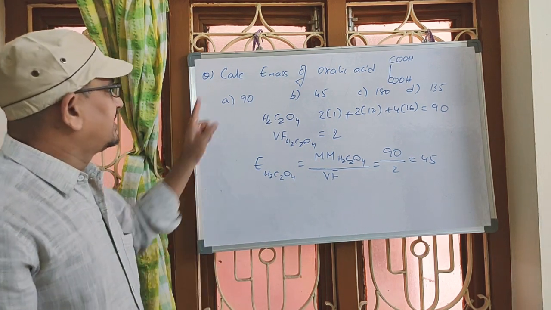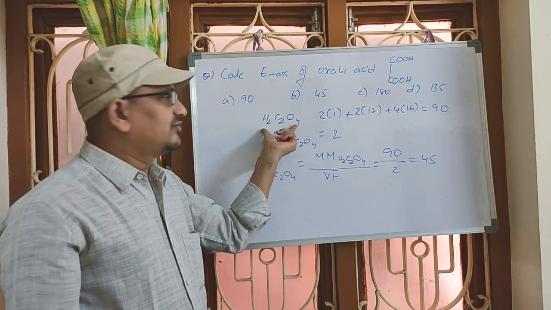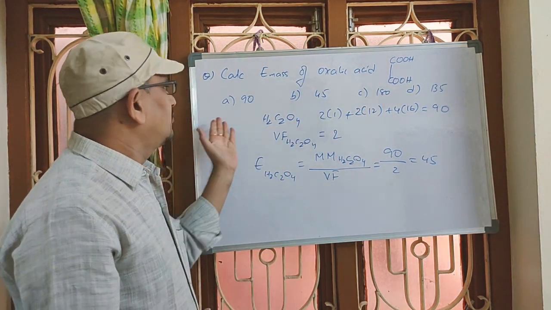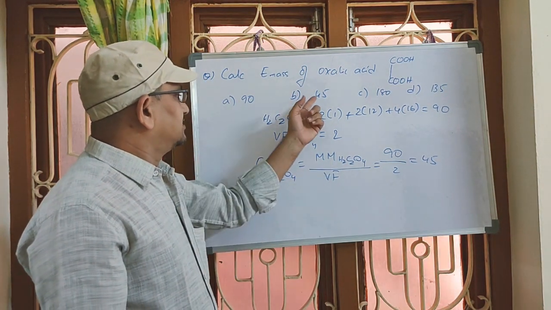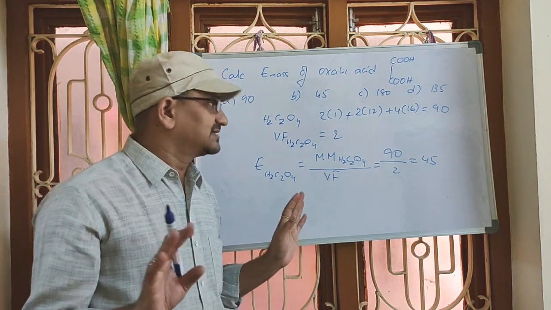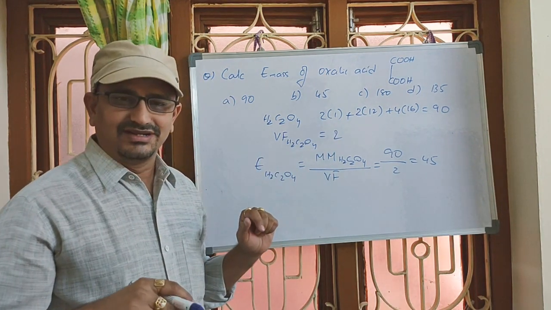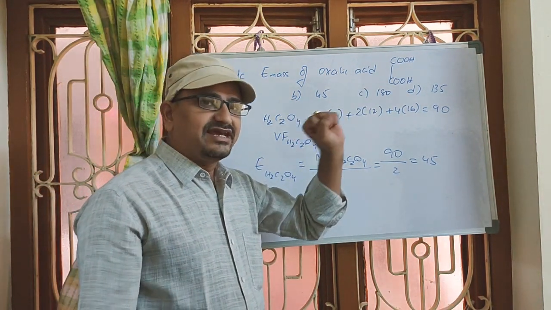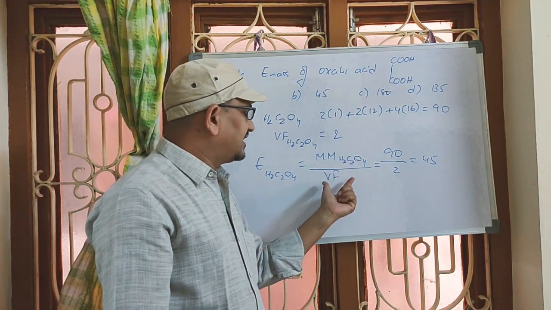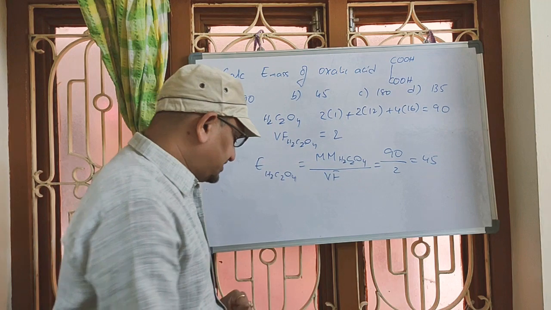We are given a question to find equivalent mass of oxalic acid. Formula is also given. This is a simple formula, H2C2O4, right? That is with functional group specification. 2 carboxylic acid functional groups are there. Now, by looking at the options, we can easily predict. So, molecular mass is 90. We have to remember. Of course, we are going to. Don't worry about all those factors. By solving a certain number of questions, all these molar mass values will be stored automatically. We need not worry. So, oxalic acid is 90, and its valency factor is 2. Molar mass 90 by 2, 45. The same question with different options will be given.